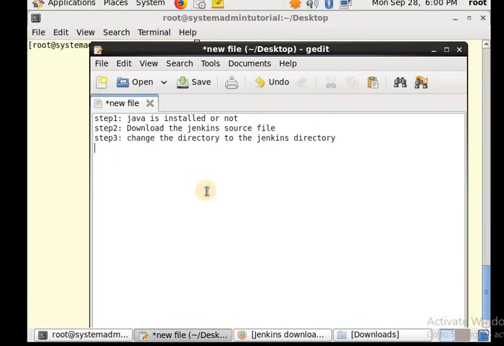We'll go for the next step, that is step 4. You have to run the command java -jar, then the Jenkins file name in the same directory. On the current directory you have to run this command.